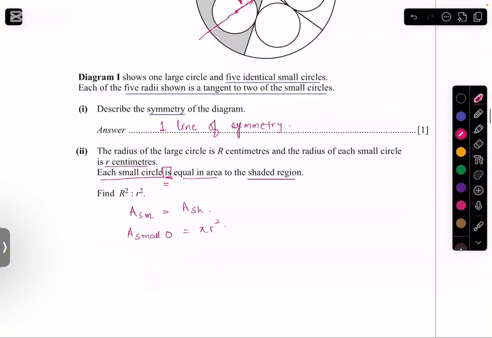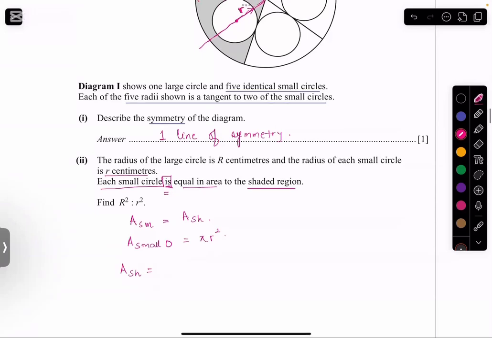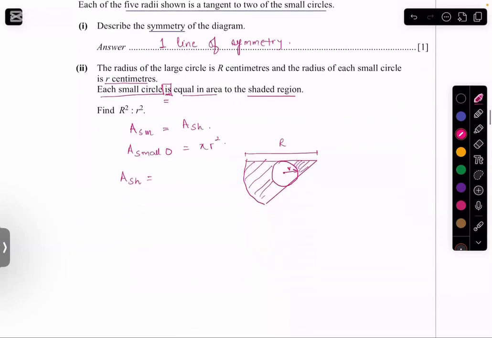So for that, what you should say is, area shaded is actually, I'm redrawing the figure. You can see that it's going to make a sector here, and here it's a small circle, and this is then your shaded region, right? So for this shaded region, you have the small circle with the radius small r, while this one has the radius which is capital R. First thing is, for the shaded region, you need to have the area of the sector,